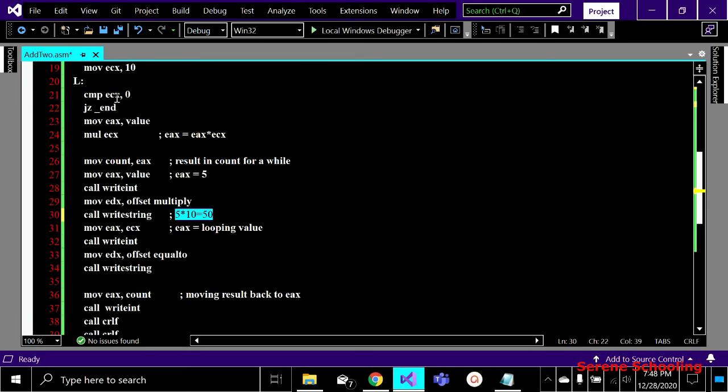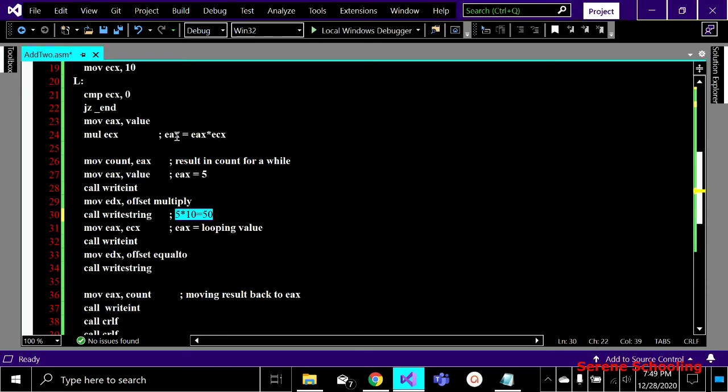And now again we will go inside the loop, and we know that on the very first iteration our ECX gets decremented by 1. So now automatically my ECX is 9, right? So I have to compare, is ECX equal to 0? If 9 equals 0, no, so we have to skip the statement. So we'll come inside this and we will again move that value into EAX. That is, the same steps will be repeated every time. You know that we have to move 5 into EAX, and then we will print 5 with 9, because EAX is containing 5 and ECX is containing 9, and 5 9s are 45.